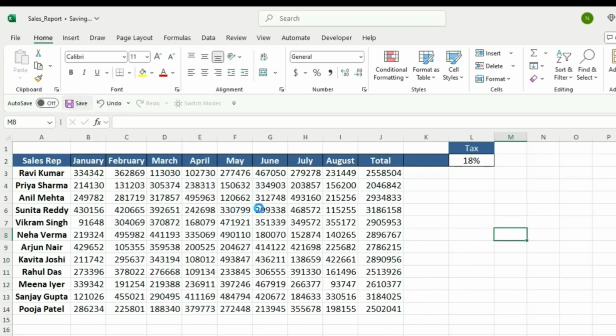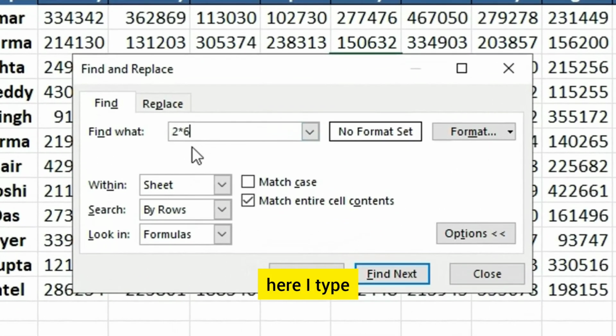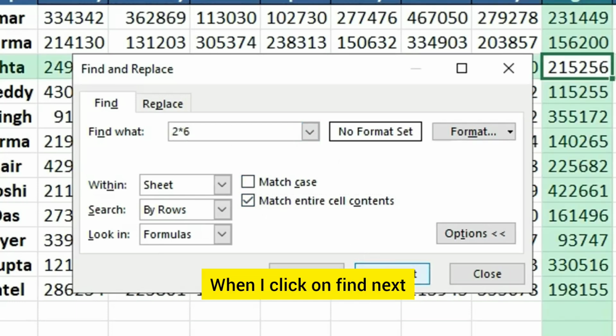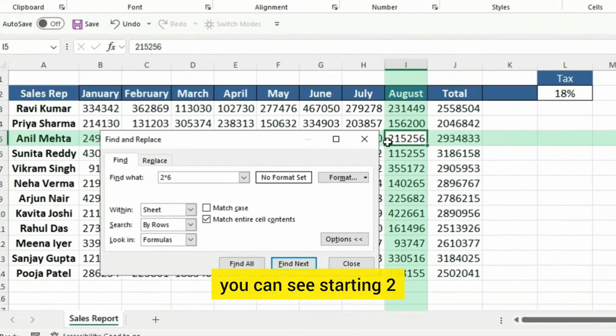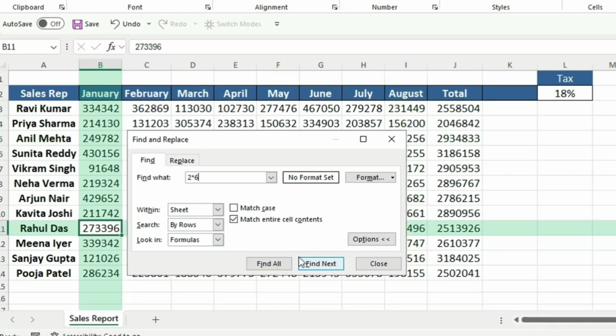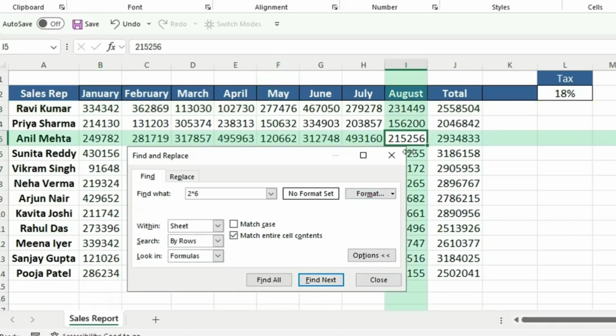Now I select a particular cell and press Ctrl F to find some values. Here I type 2 star 6. So starting with 2 and ending with 6, I have to find all the values, and I want to match the entire cell. When I click on find next, you can see all the values starting with 2 and ending with 6 will be highlighted here. You can see next, next, and so on. I close this window,